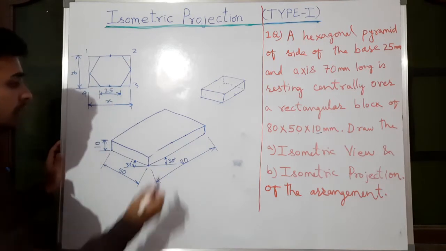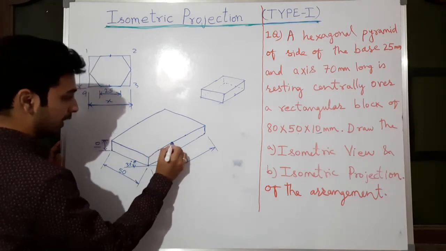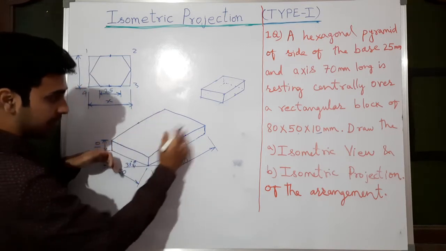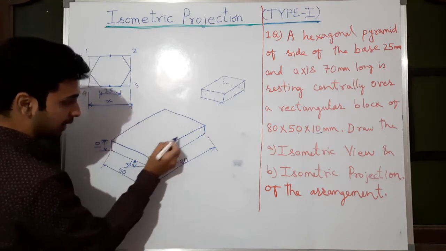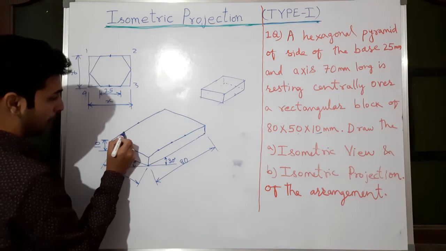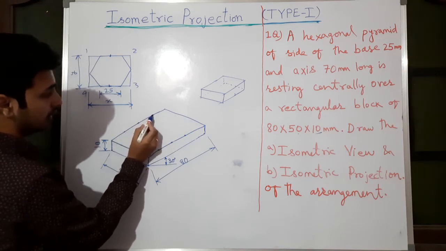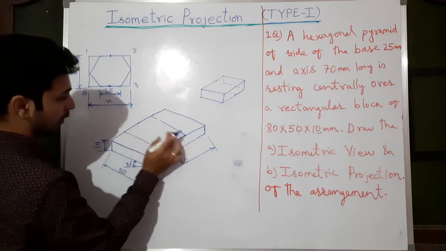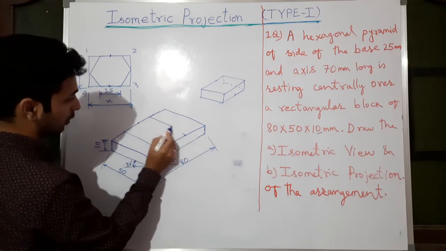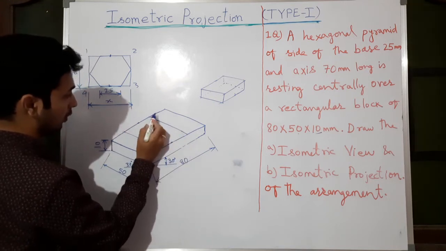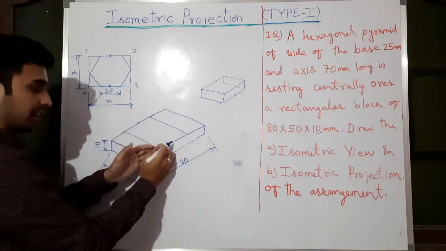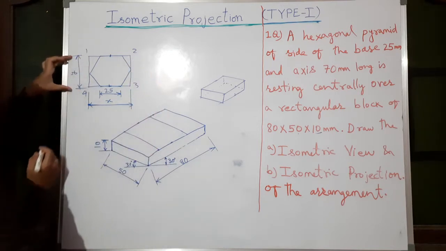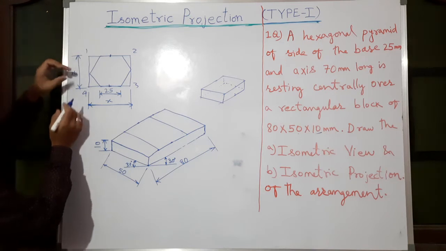I will prefer the first, taking the midpoint here and here, then measuring the total length. Half of the total length on this side of the midpoint we will take. Like this we have got 2 points over here. Join with thin line like this. Okay. So this is the width x, this is the width x. If you have drawn these two lines, it means you have covered these two lines. Now this distance y we will see.